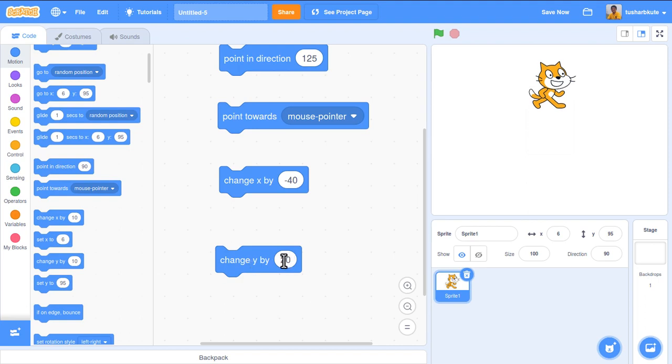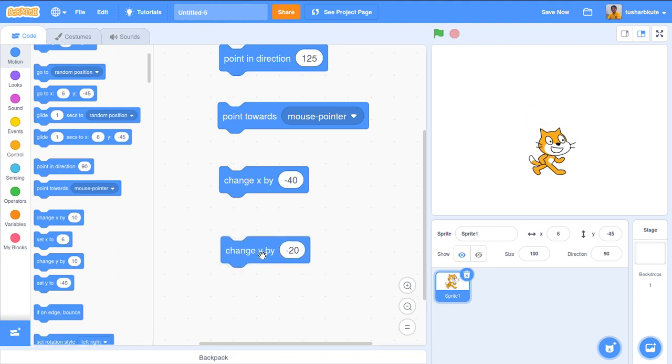And if I make it minus 20 here, click, click, click, click, it's coming down. So only X and Y you can change by this mechanism. Changing X moves forward and reverse, and changing Y moves upward and downward, using these options.